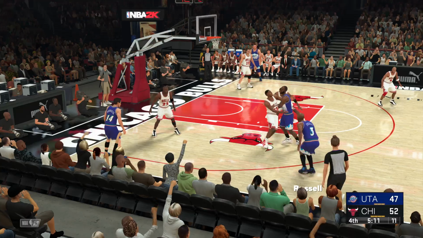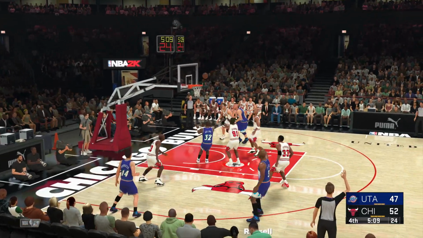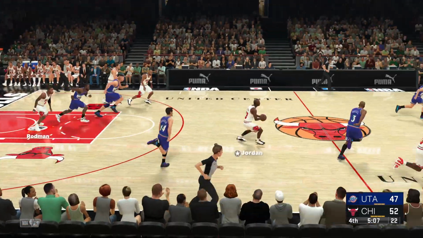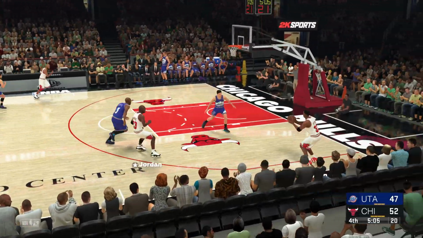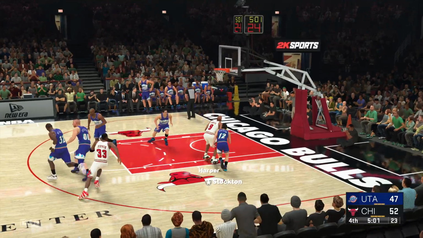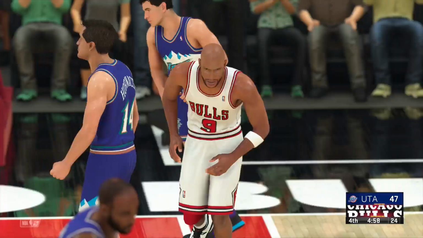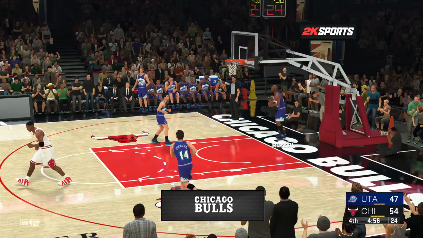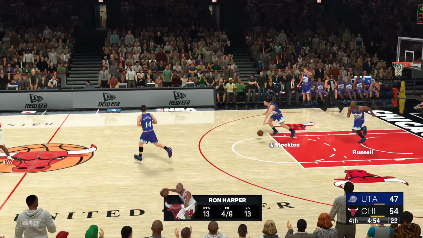Pippen against Russell. Trying to get something going. It's all in by the Bulls. Rodman's got 9 rebounds in the game. Getting it done. Pippen, no luck. It's almost like he's trying to make things hard on himself. You know, he's just got to slow the game down. Try to get some easy ones.